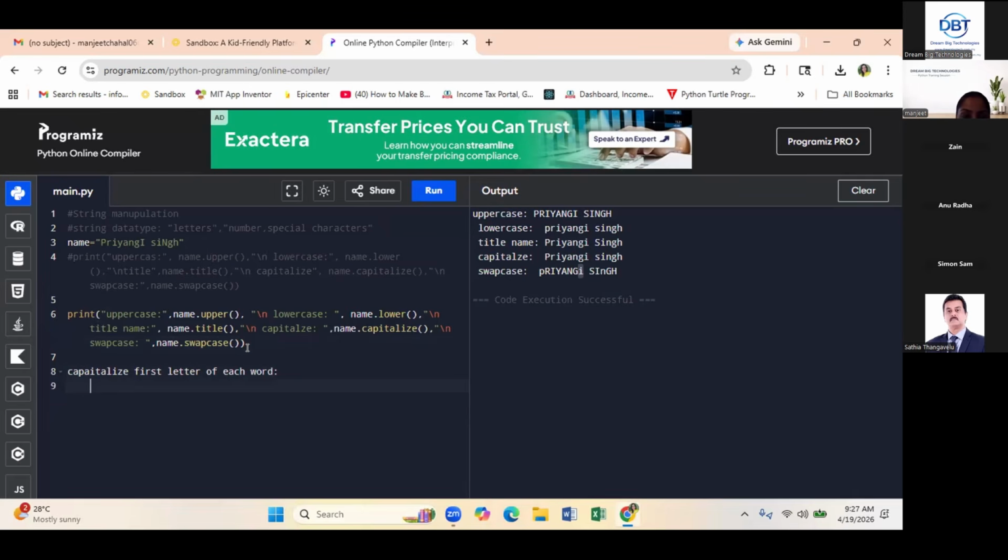Input is this word: hello word. You have to capitalize, and on the same word you have to swap case and perform the title. These are the three things you have to perform on this one.